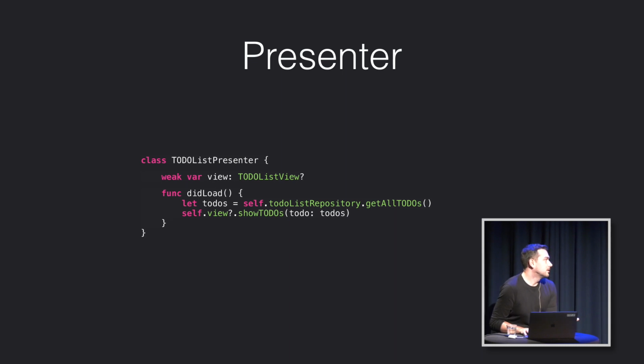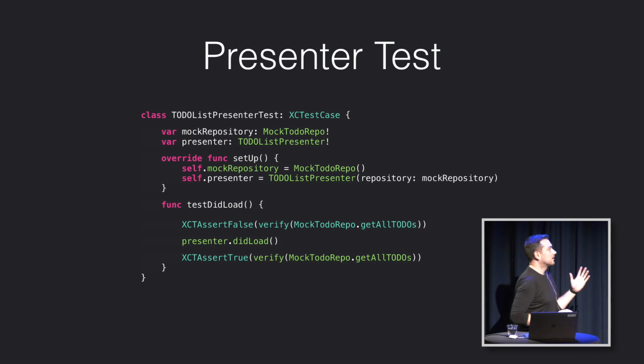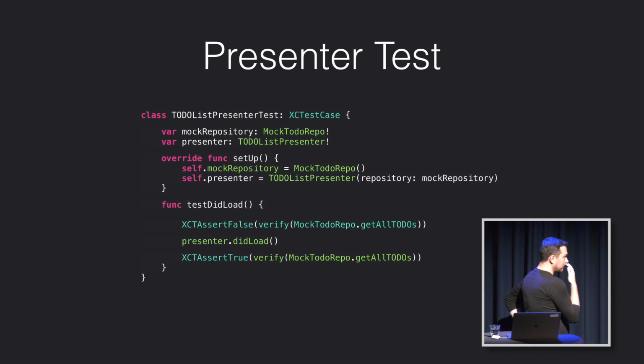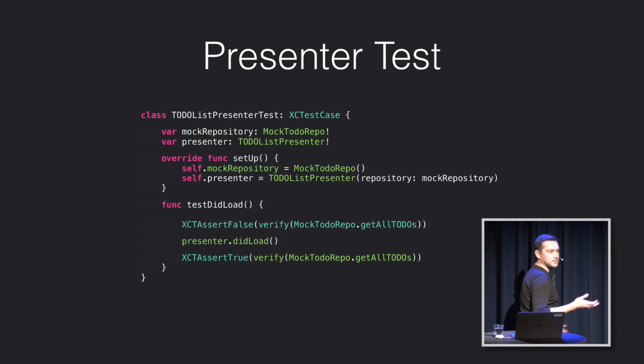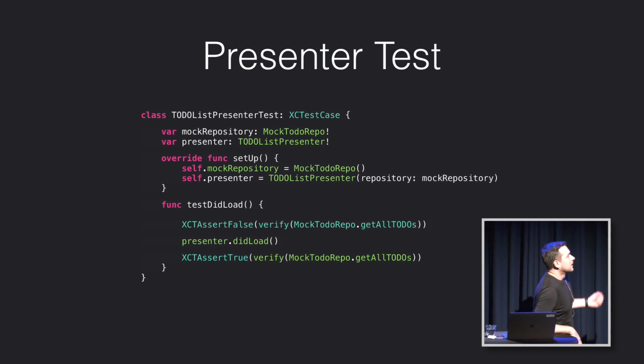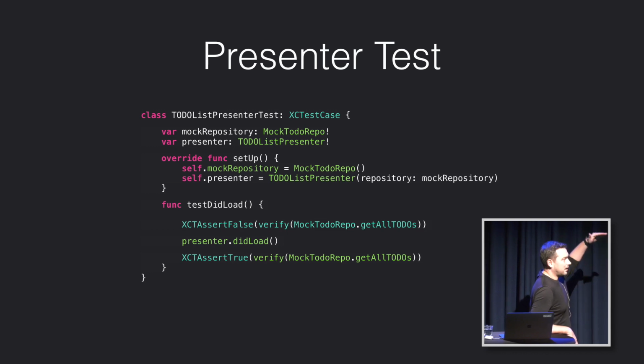Because your repository is an interface, and your view is an interface, you can start writing tests like this. You can basically have a mock repository, which sort of mocks your data source. You have your presenter, and in a setup, you see I create a new mock repository, and I instantiate my real presenter with the mock repository. Then in our test, you see that first we verify the initial conditions. So initially,